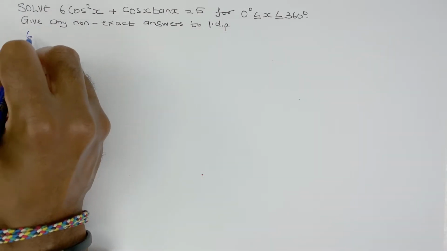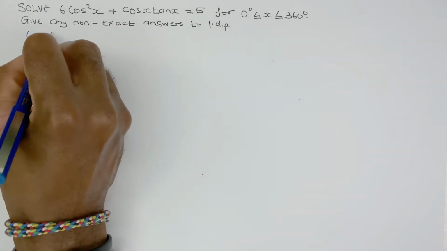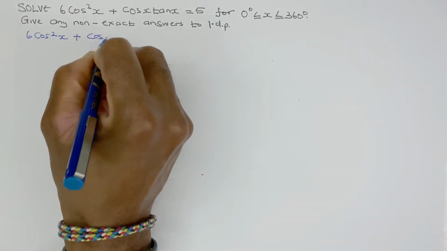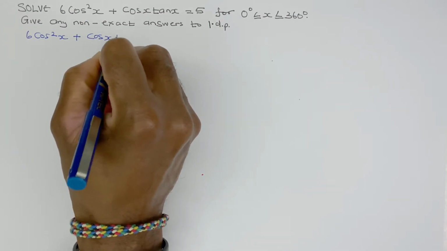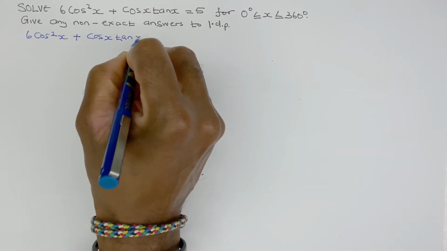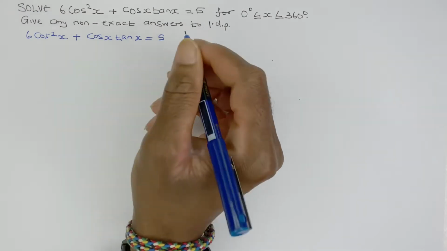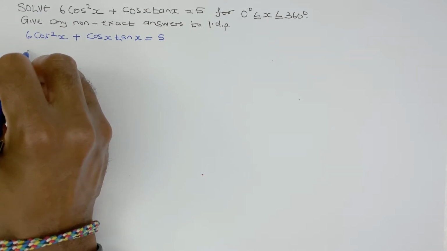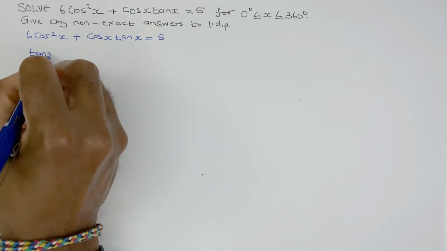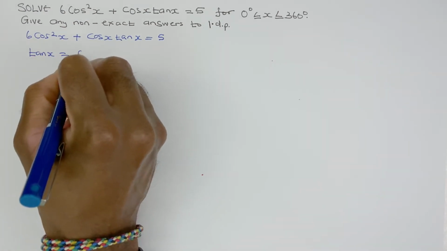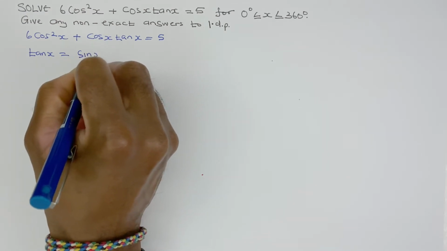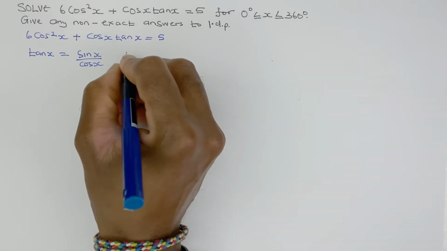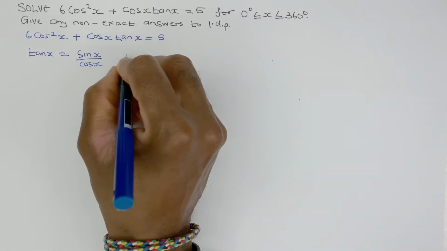So we've got 6 cos squared x plus cos x tan x equals 5. Well, we know what tan x is. Tan x is sine x over cos x. But we also know that